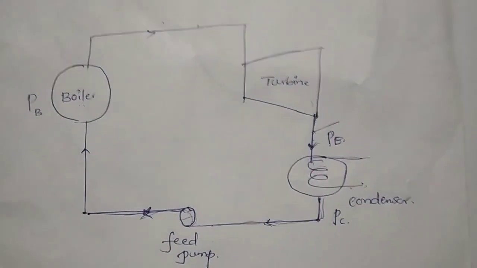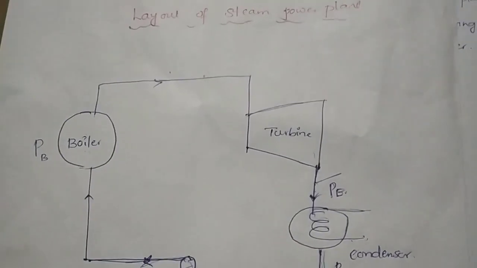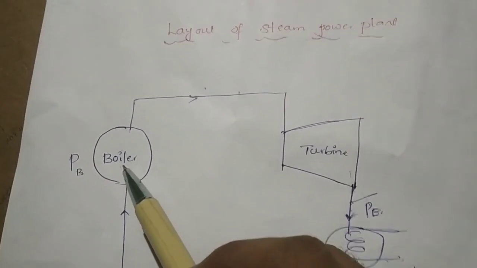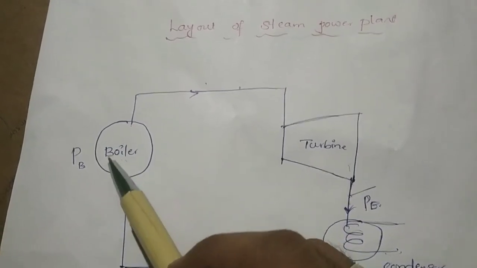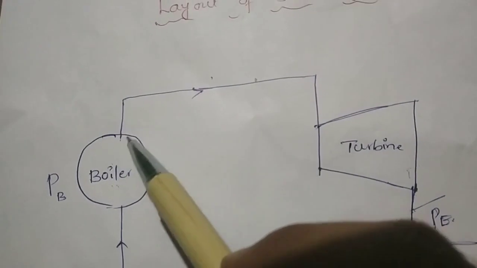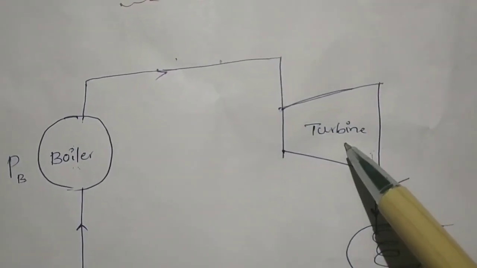Okay, in this diagram these are the elements or layout of the steam power plant. Now the steam will come from the boiler. You know, a boiler is a device which takes the heat and converts the water into water vapor, and from this boiler the hot steam enters the turbine. When it enters the turbine, expansion takes place.